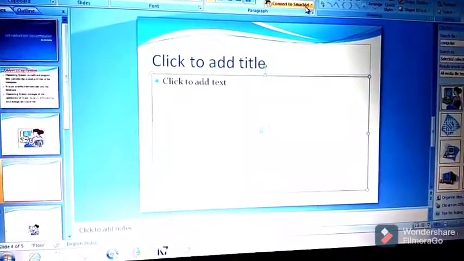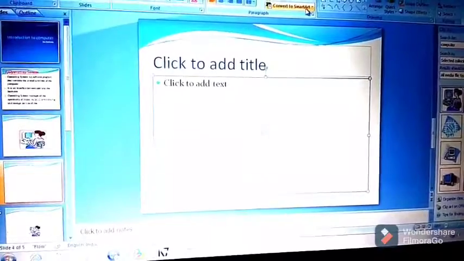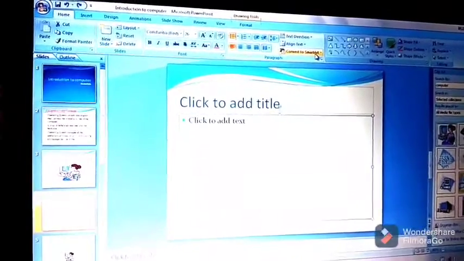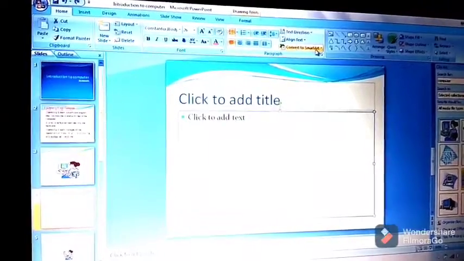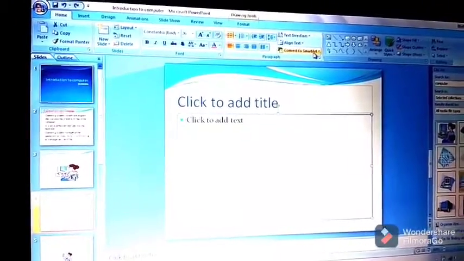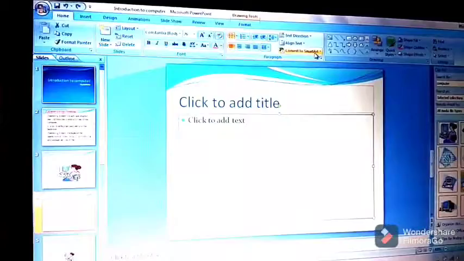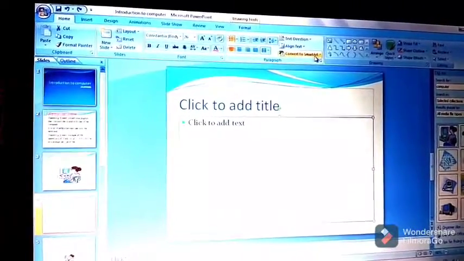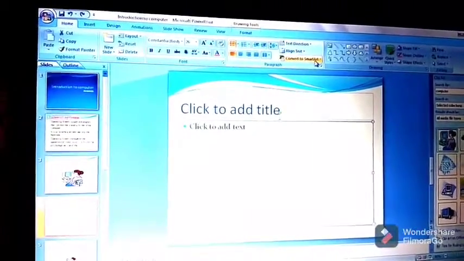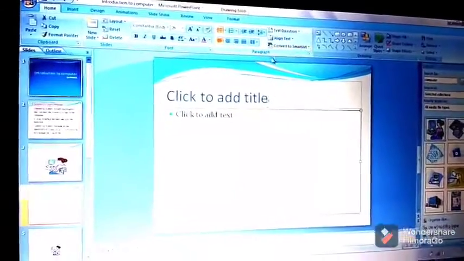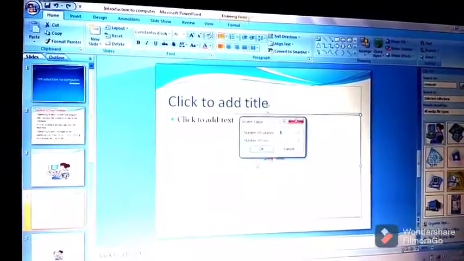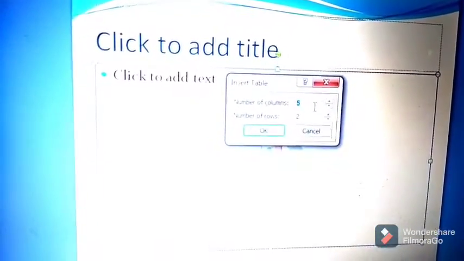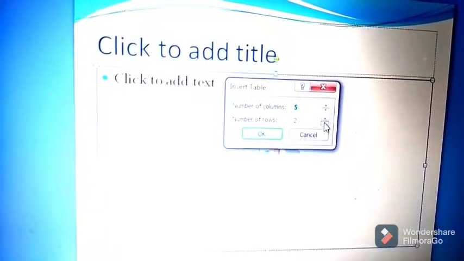The next topic is adding a table in a presentation. A table is used to organize data in rows and columns. So we can add tables to our slide. We can use a content placeholder to insert a table and then type the data into the table cells. So this is a content placeholder. Select this first option from here, Table, Insert Table. So we can increase and decrease the number of rows and columns. Let us suppose here the number of columns is 5 and the number of rows is 2.